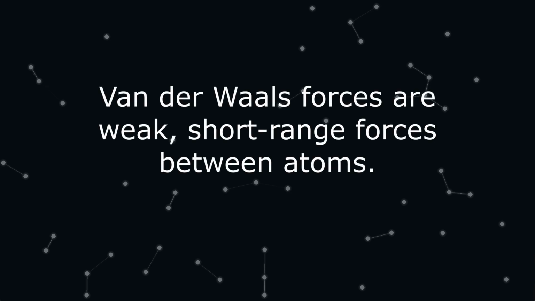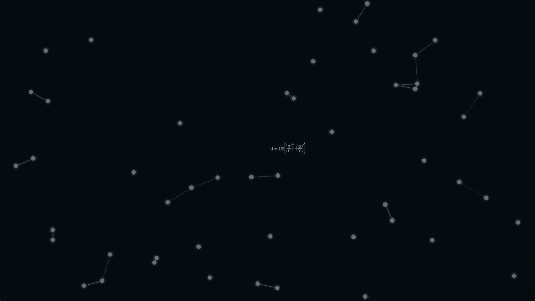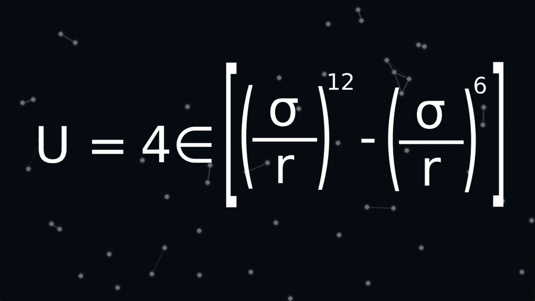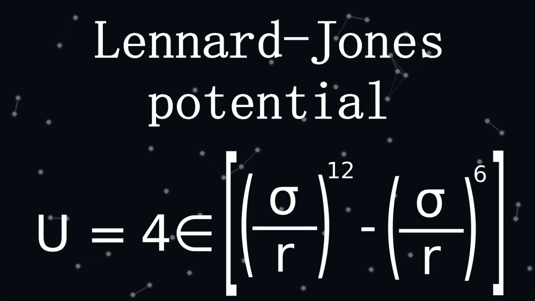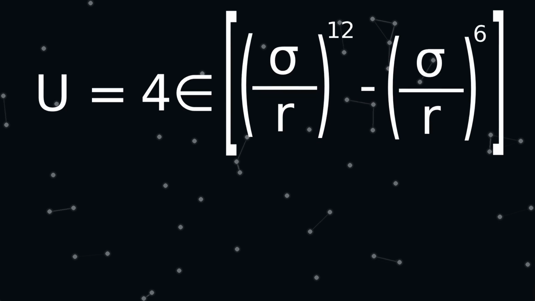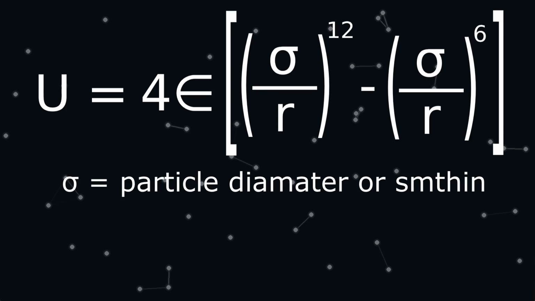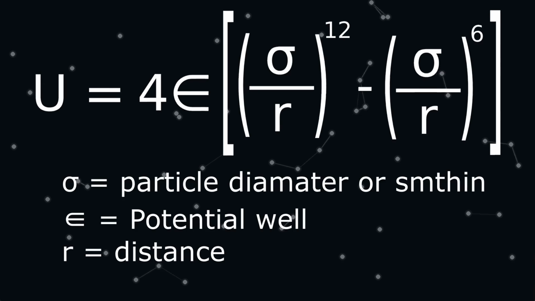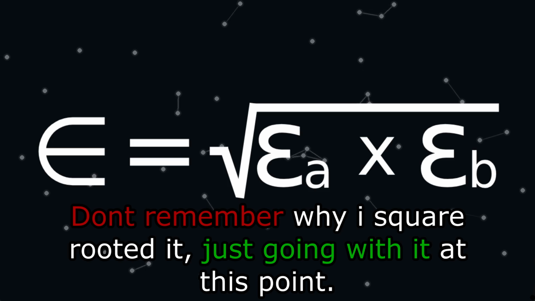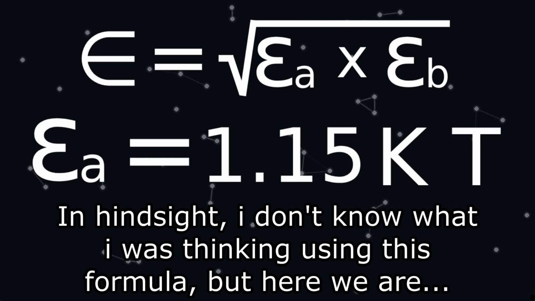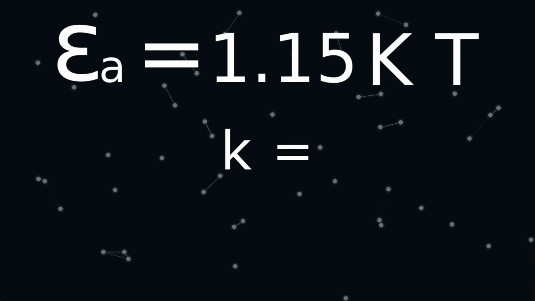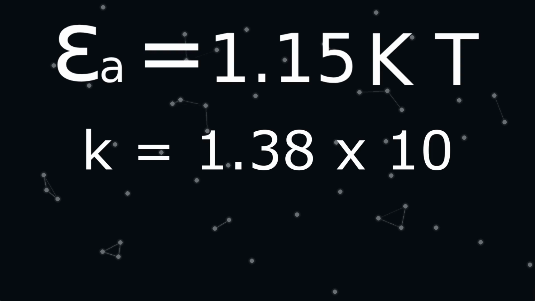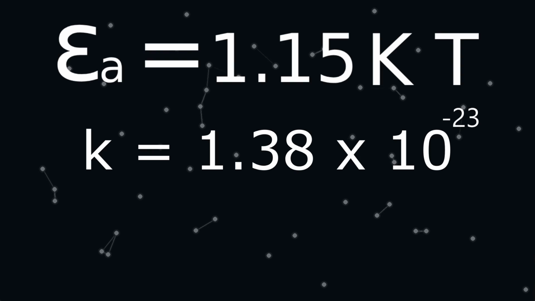We also need to calculate the van der Waals force. This force is a little funny to calculate. To calculate this, we can use the net force formula, also known as the Lennard-Jones potential formula. This takes in particle diameter, potential well, and the distance. And to calculate the potential well, we can square root the normal boiling point method. This method uses Boltzmann's constant, which is 1.38 times 10 to the power of minus 23, or